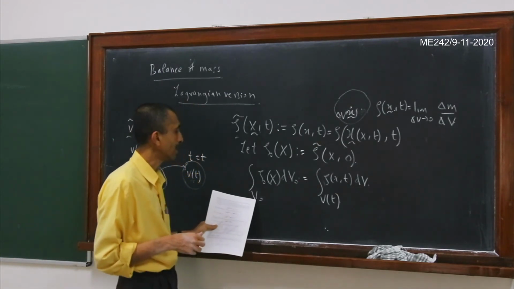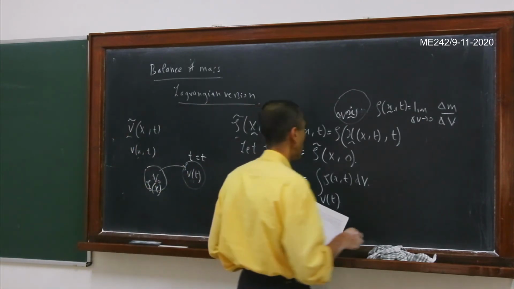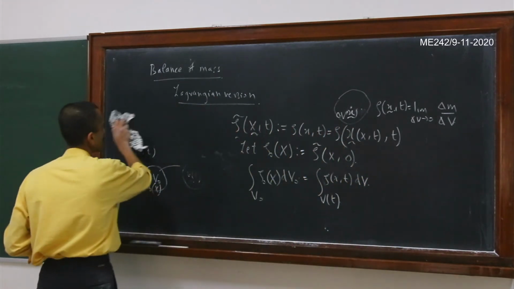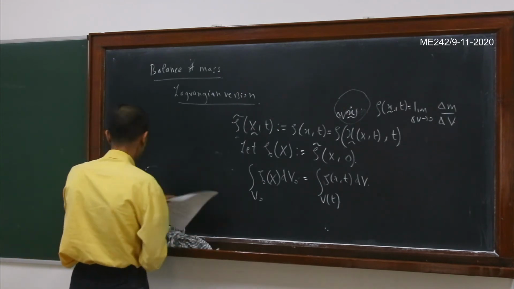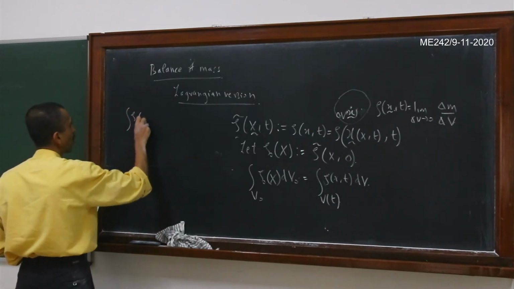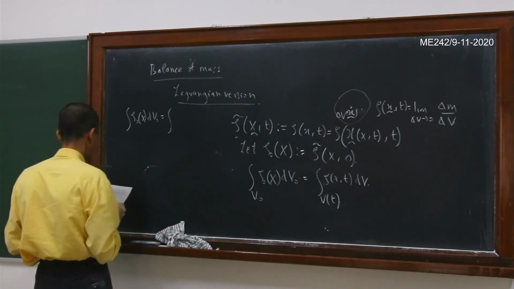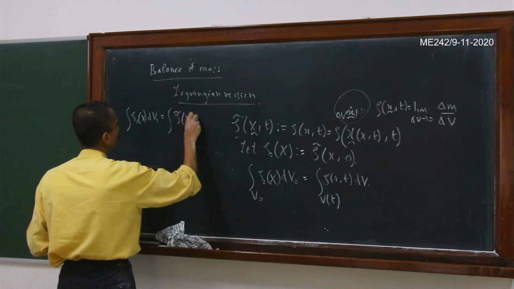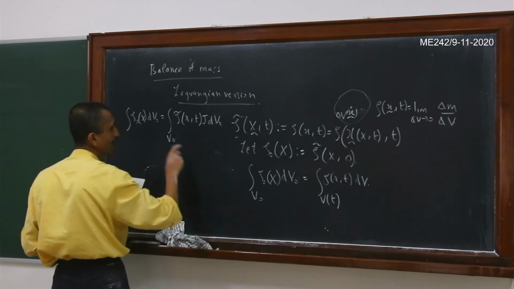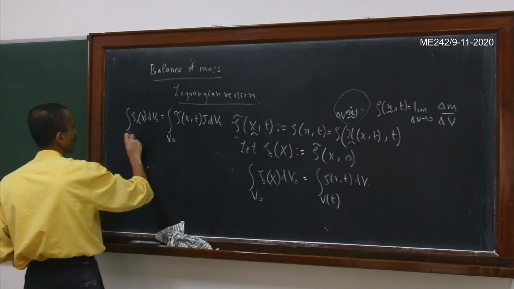Again, here you have V naught and here you have V of t, so we cannot club them under one integral. What we will do is transform this to the Lagrangian description. So you will get that the integral of rho naught of X times dV naught is equal to, when I transform, the integral of rho tilde of X comma t times j times dV naught. Just exactly like what we had done earlier when we were deriving the first transport theorem, in the same way you will get this particular thing.